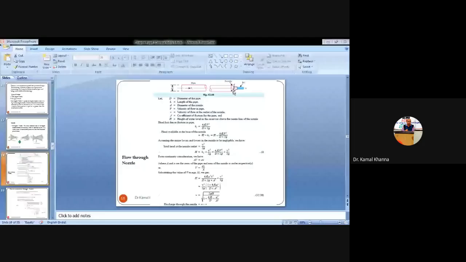Because we have installed a converging nozzle whose diameter is decreasing from entry to exit, it is converting the whole kind of energy, that is the total head, into a single head, that is in the form of the kinetic head. When the water is flowing from one end to the other end, it has pressure energy as well as kinetic energy. But as soon as we have installed a converging nozzle at the end of the pipe, we are converting the whole amount of energy into a single form, that is the kinetic energy.